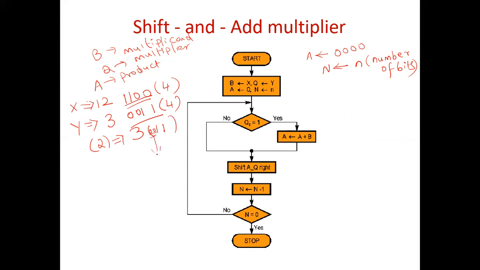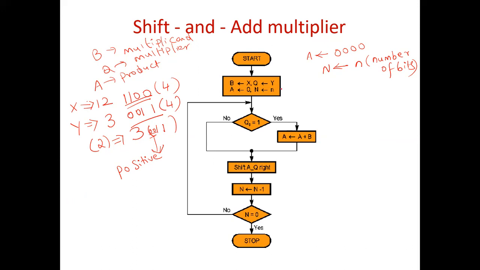Appending the 0s also has a meaning. Why are you appending 0? Because it is a positive number. So I will append 0 to the left-hand side. If it is a signed number, I will append based on the output. If the output is a negative number, I have to append 1. If the output is a positive number, I have to append 0. So go back to my previous video and check the 2's complement, addition and subtraction. You will know which number you have to append.